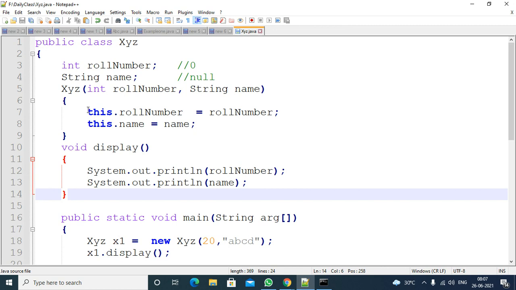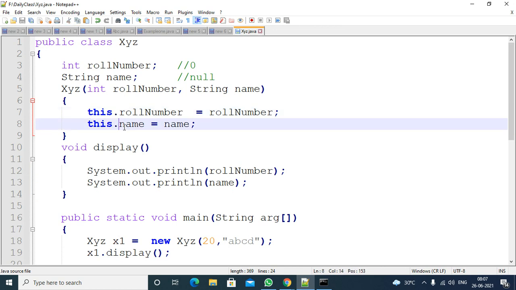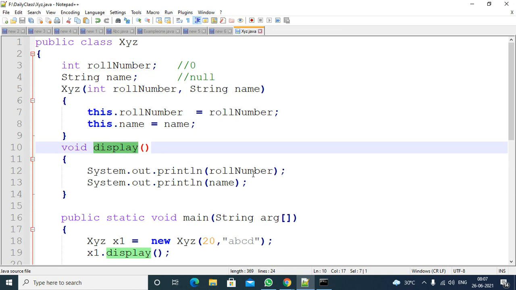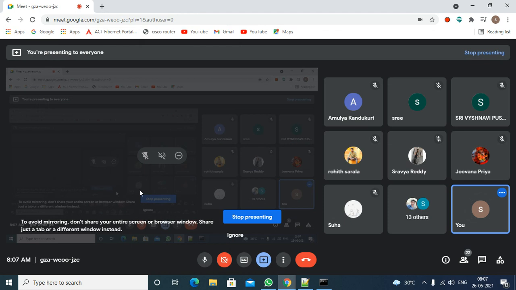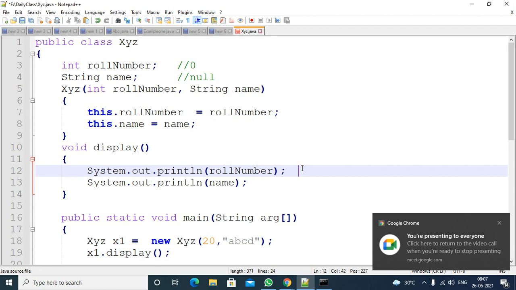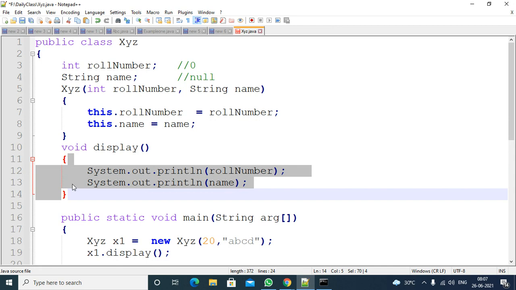Here I am calling the current class instance variable, and here also I am calling the current class instance variable. Whenever you call the display method, what is happening here? Will this pick any local variable? Roll number here, is it a local variable or an instance variable? First it will verify whether there is any local variable inside the display method.